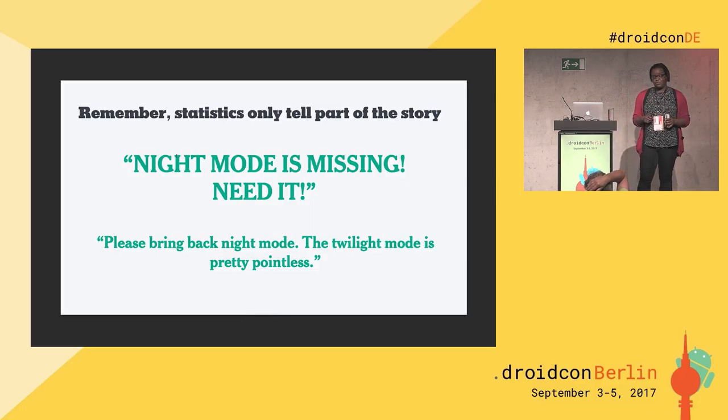So, like I mentioned before, statistics only tell part of the story. I have no idea what went wrong in our look at night mode. It's entirely possible that the reason why our numbers were so low in the number of users who used night mode in the version of our app before we did our rewrite is because we were only tracking you turning it on or off. Or perhaps it was because we had buried the button to turn night mode on in a menu that most users didn't see. So our stats said one thing, but the response to removing this feature said a very, very different thing.